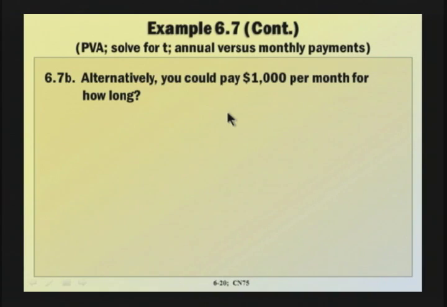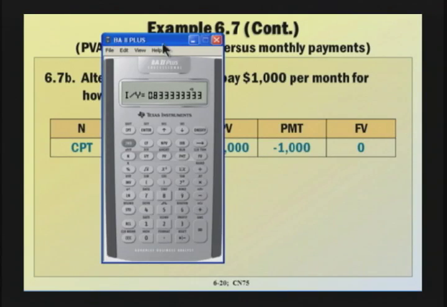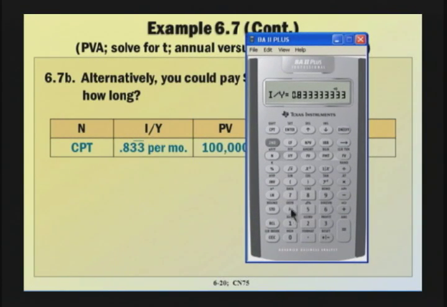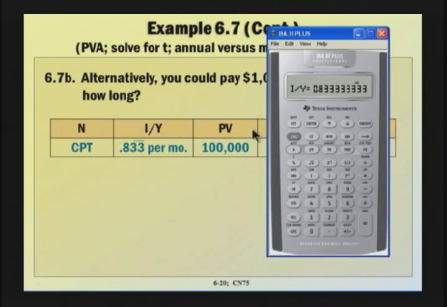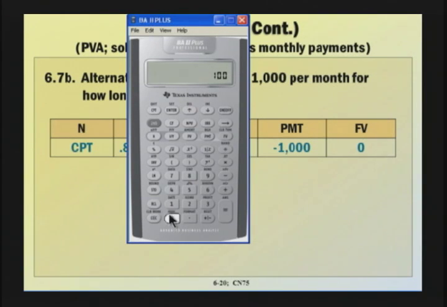The monthly payments cover the interest for that month and then have a portion of the payment to reduce principal, so I lower what I owe, so it lowers the amount of interest I'm charged and it pays the loan off faster. So here's what it would look like on a monthly basis. I would take the 10% rate that I was quoted and divide it by the 12 months per year to get a monthly rate of 0.8333% repeating, and that's my I/Y. I borrow $100,000 up front, so $100,000 is that positive present value. I'm going to repay $1,000